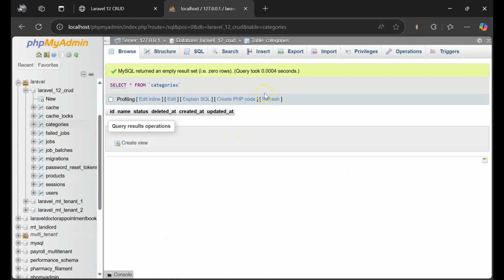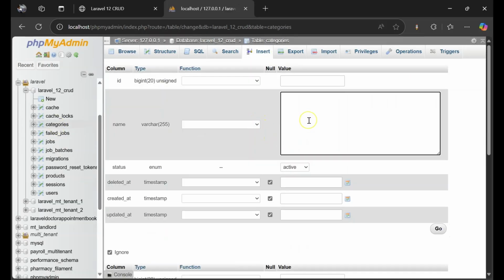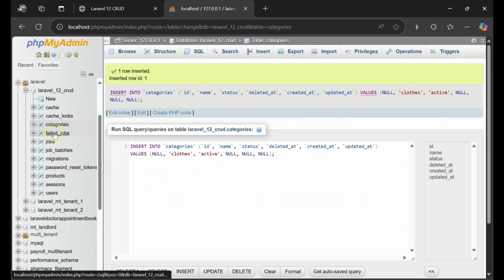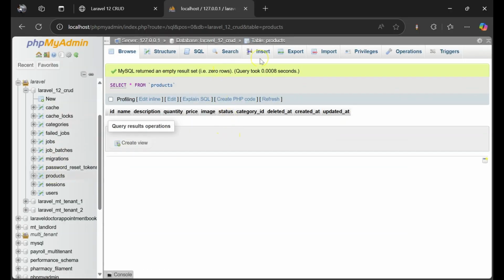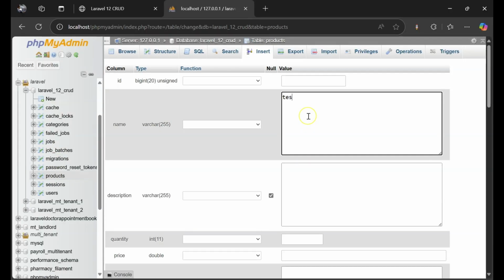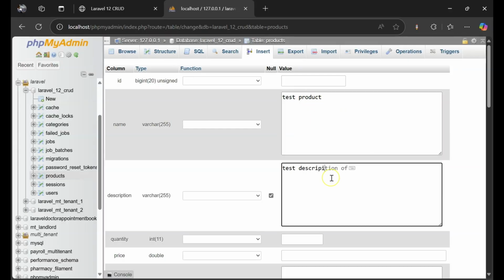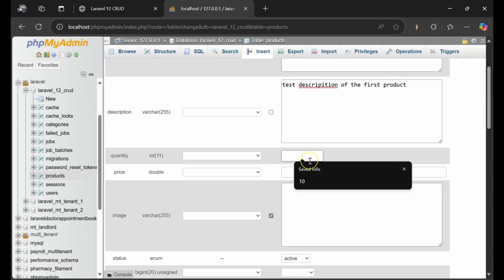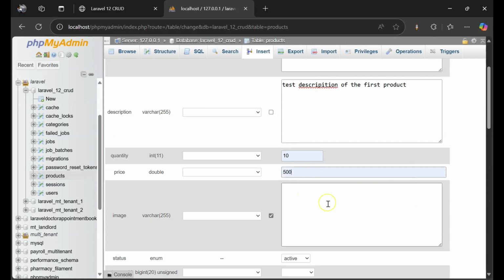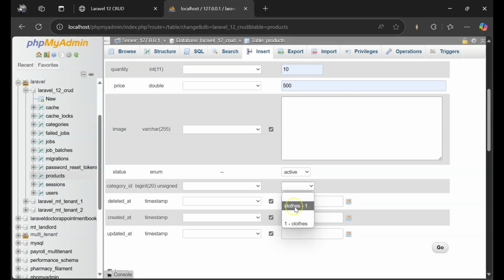So let's create the category first. For example, let's insert a new category, which will be clothes. So let's create that value, and then let's go back to the product table and insert a new value, which will be test product, and we are going to say test description, quantity which will be 10, price which will be 500, and then the category we are going to select the